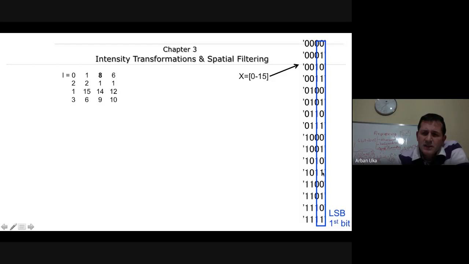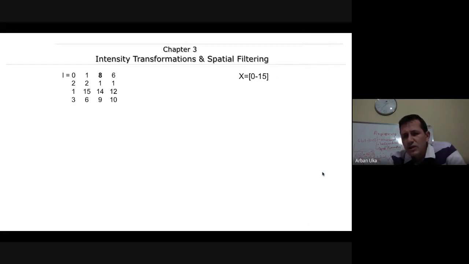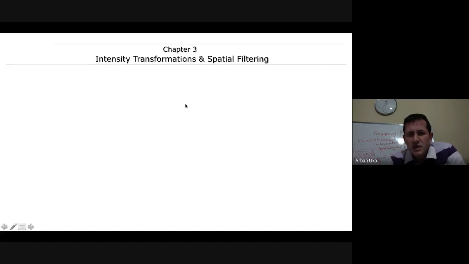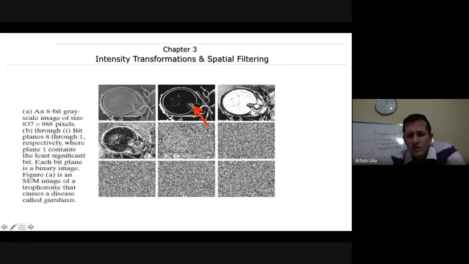Now, the least significant bit is the bit on the very right side. If you watch carefully, these are the numbers from 1 to 15 in representation. The least significant bit is changing between 0, 1, 0, 1, 0, 1, 0, 1. So this is just telling us whether the number is even or odd. That's it, this is the least significant bit. So also, for the image in the previous slide, the least significant bit is here, which means that we see nothing useful because it's going to be the bottom right side.